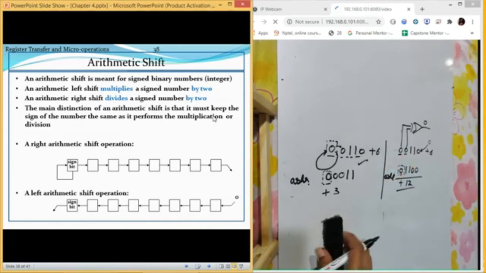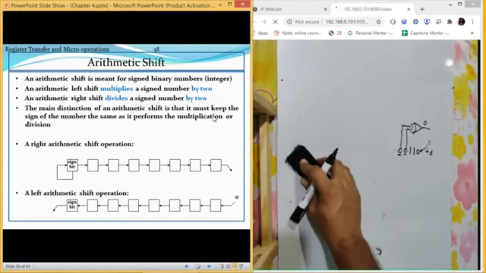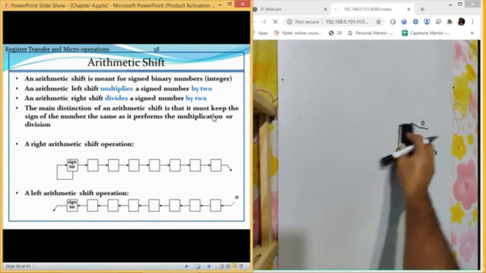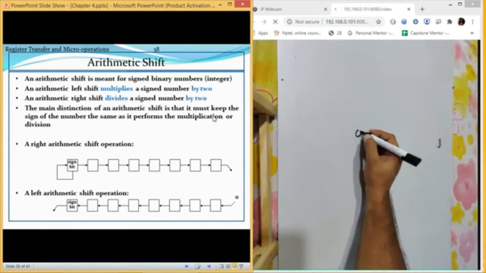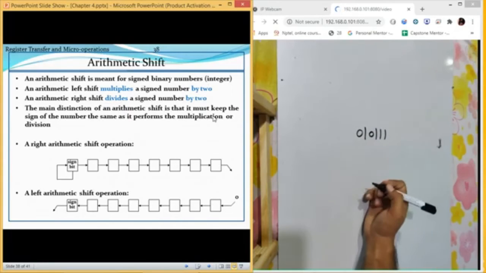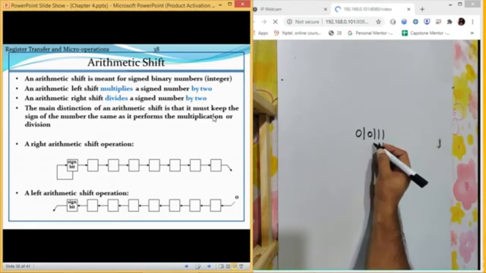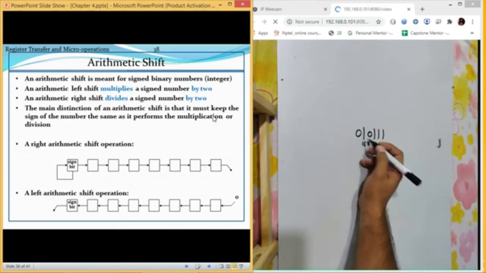this task. Now let us take an example of shift left, because this is something which is a little bit difficult to understand. So just assume we are having this value. Let us check: 1, 2, 4, 8, 16, and this is the sign bit.